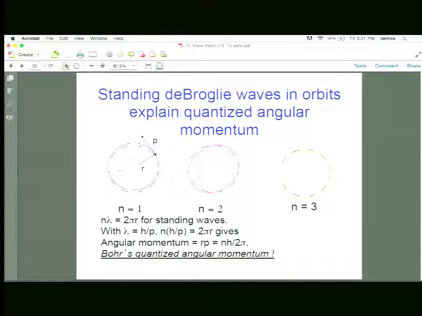The total wave function that he gets has a radial part, a theta part, which is a function of theta, and a phi part, which is related to the angle phi. So it turns out that the equation breaks up into these three parts, and you can solve each of those equations separately. And the interesting thing is that every one of those parts becomes quantized.